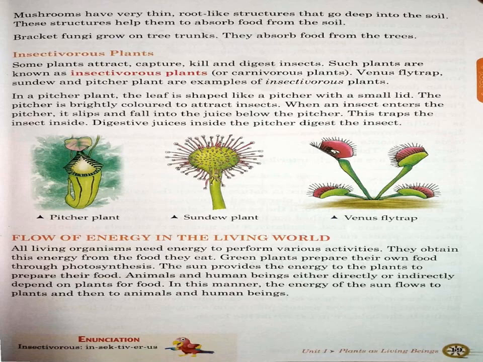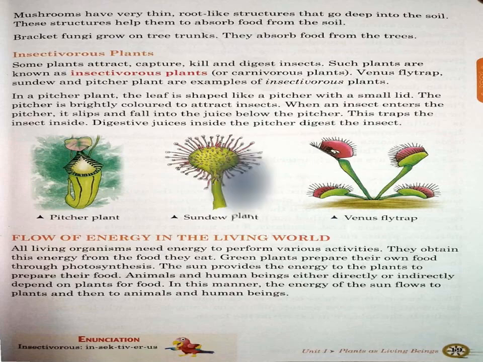So that is why it is said that the energy is flowing. First, it is coming inside the plants through the process of photosynthesis. Thereafter, from the body of the plants, it is going to the body of human beings or the animals, because we are eating the plants. So through our way, we are also gradually taking the energy from the plants. That is the way the energy is flowing from the sun to the plants to us.